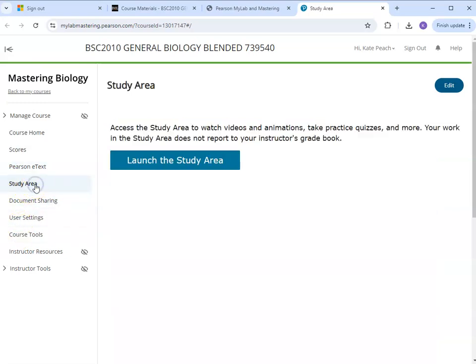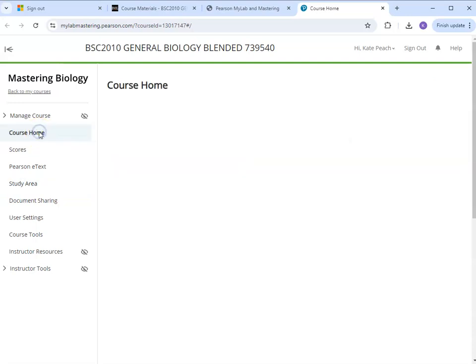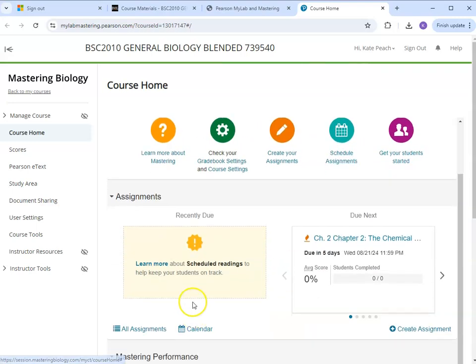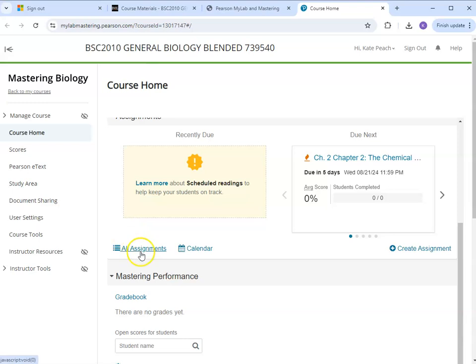You also have a study area here. I'll show you that in class next week. But more importantly, what I really want you to focus on is just getting in here, getting it set up, and back to the course home, probably starting the assignments. So you're going to see, if you scroll down here, hopefully you'll see where it has